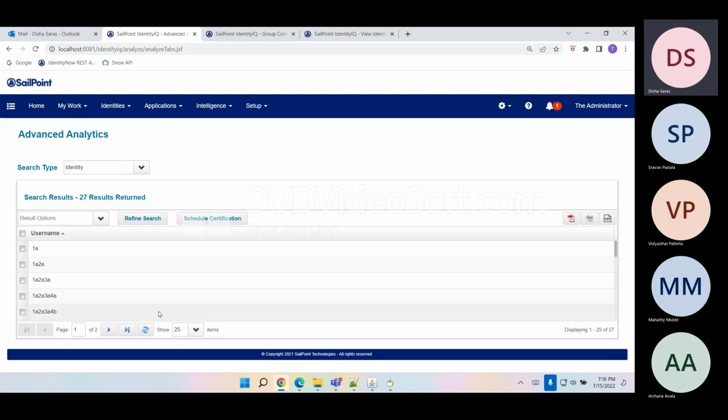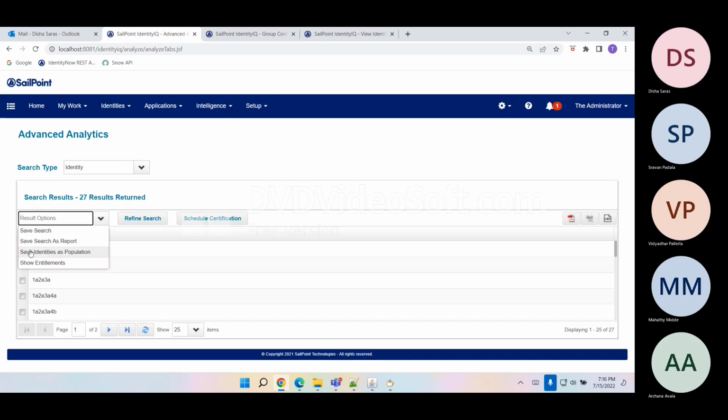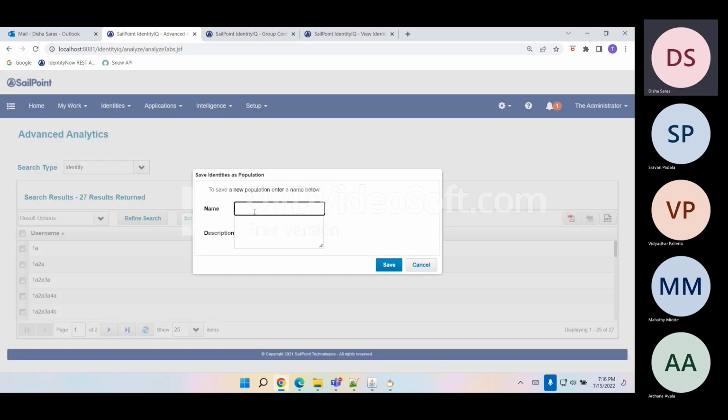So there are 27 users in this Austin location. So I want to create a population. You see here, these are the options, right? I want to create these as